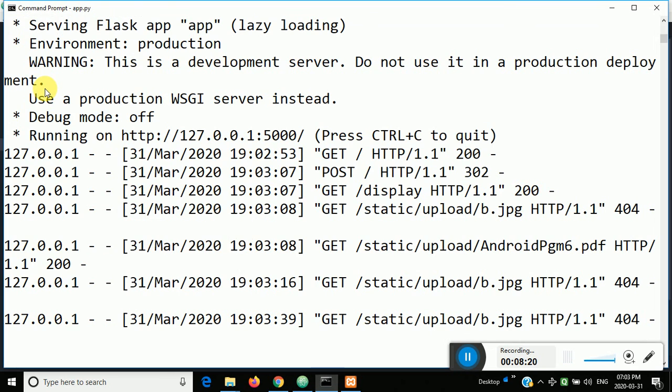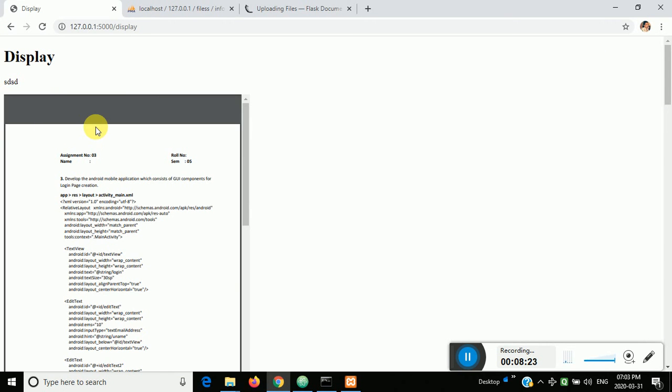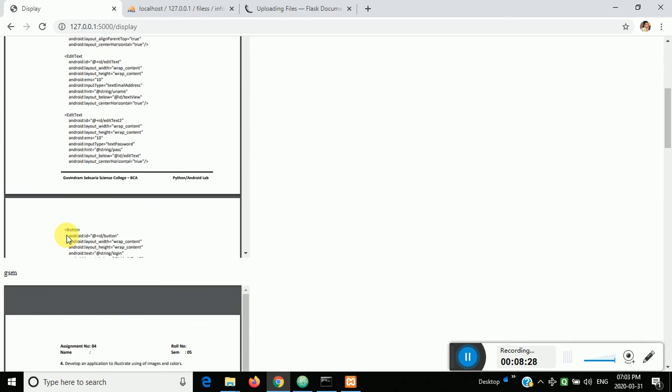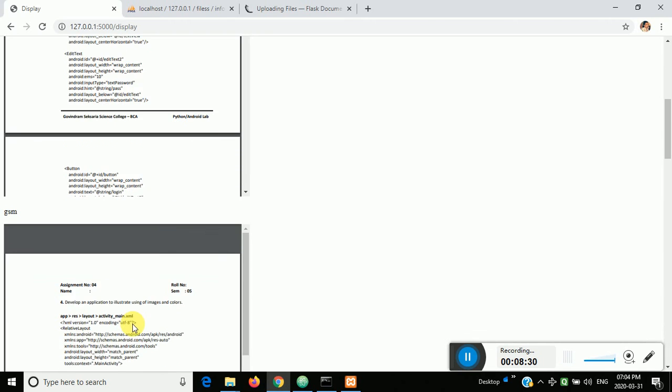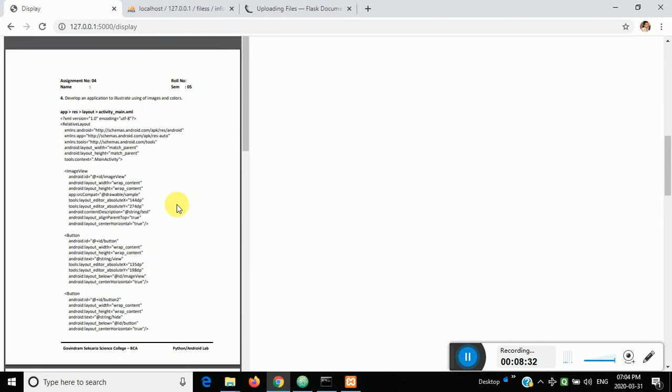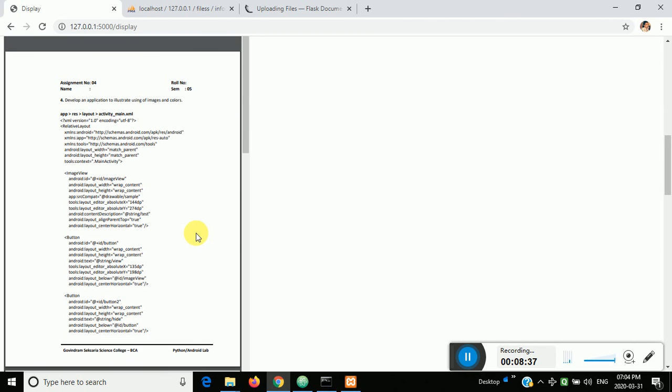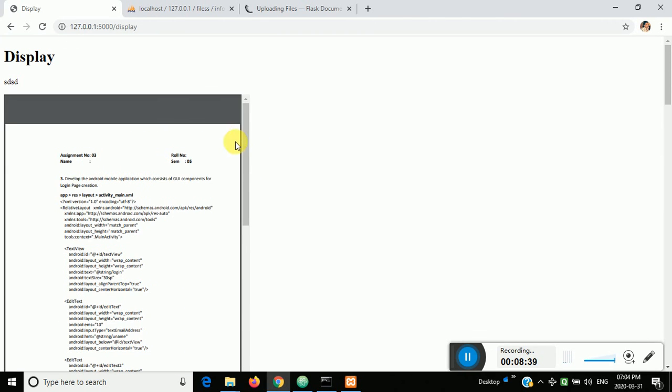But main advantage is what, you are displaying the PDF file, okay, you are displaying the PDF file, but you cannot download the PDF file. So to do that, we have to use this. You can set the position such that you can scroll it down also, scroll it up, scroll down, you can do that also. So this is one technique which I have found out here.